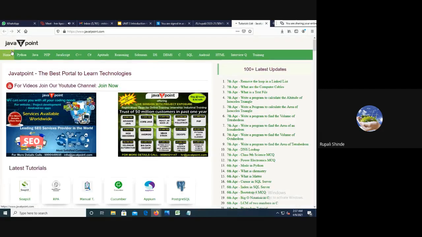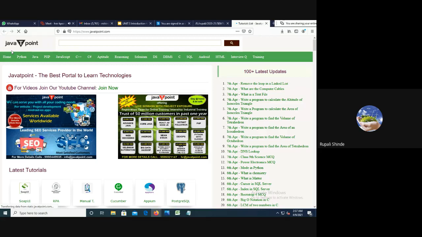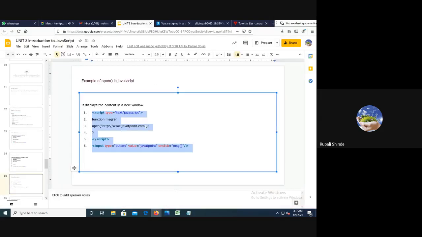It is going to transfer to the website javapoint.com. You just have to specify the URL here, and accordingly it will open that particular website.